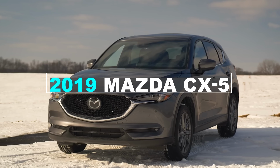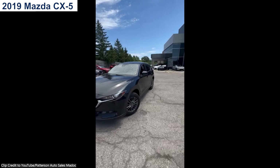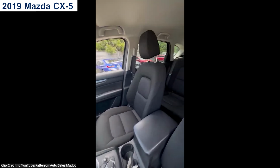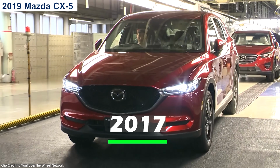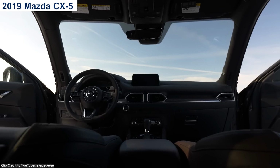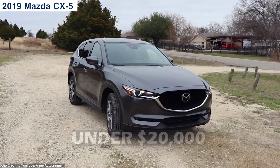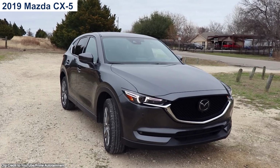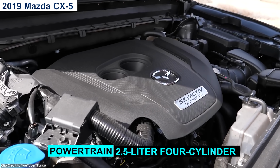Next is the 2019 Mazda CX-5, an SUV that stands out by genuinely feeling more premium than its price tag suggests. Mazda redesigned the CX-5 in 2017, giving it sleek styling, upscale interior materials, and driving dynamics that put some luxury brands to shame. Under $20,000, you're likely looking at the reliable and spirited 2.5-liter 4-cylinder engine, which puts out